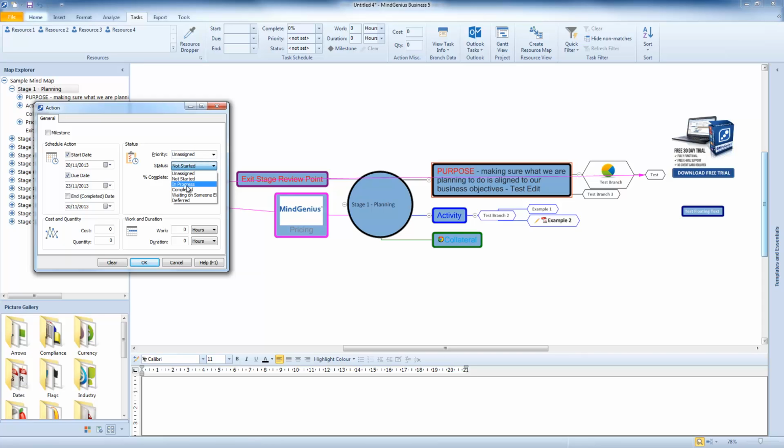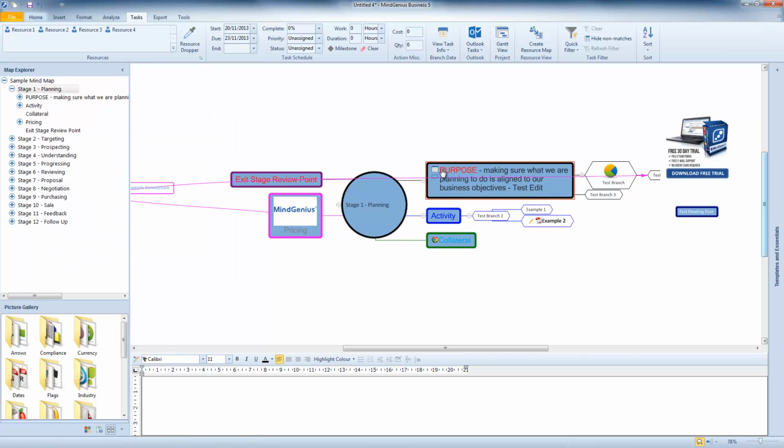Has it been started yet or not? When we're happy with that, I then click OK. What you'll see happen here is that you'll see a calendar that will pop up and a progress bar. Under this area here, if you just hover over it, it will say the start